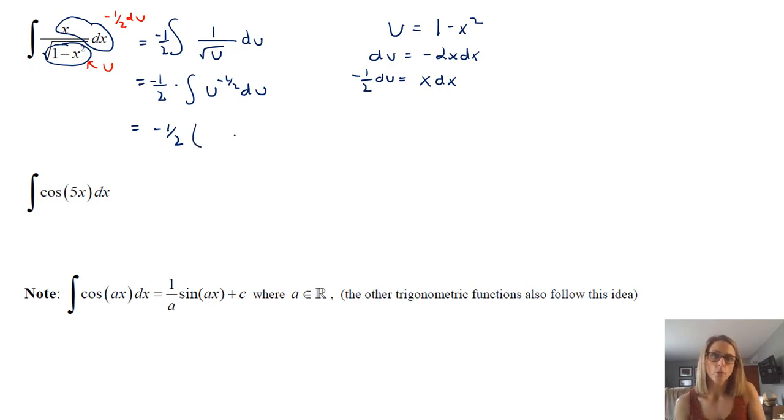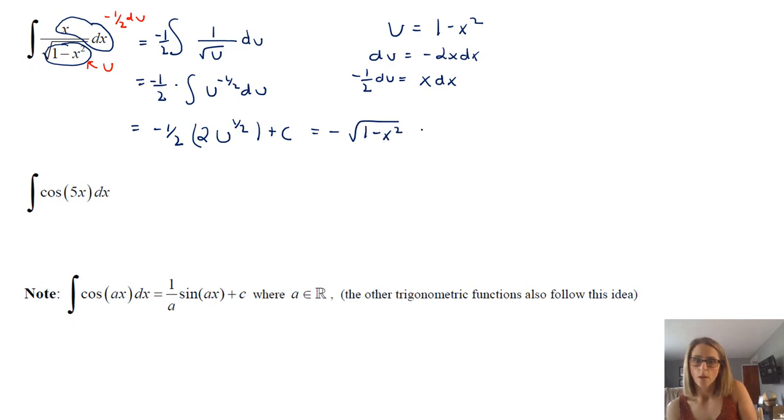So taking the antiderivative of u to the negative 1/2, you would say it's u to the, add 1, and then divide by that thing. So we have this, and then I'm going to have, it looks like a negative, and then I can replace my u, which is 1 minus x squared, and plus c. Now, if you write it to the 1/2, that's fine. I'm not worried about that. You want to do that, no problem. And so now we have our answer. And of course, you could take the derivative of that thing, and you'll come back to that antiderivative that you have before. So, great. Okay, and then let's look at this one here.